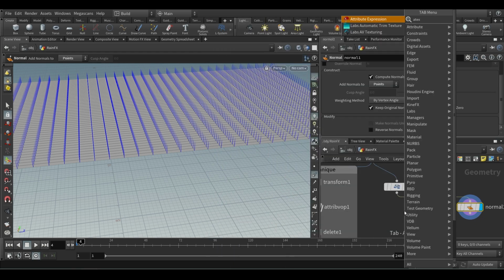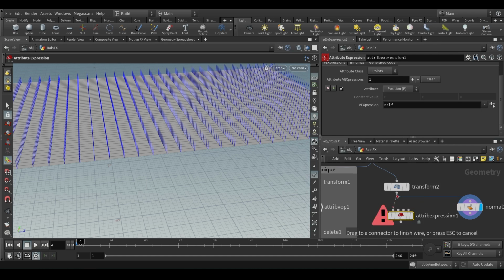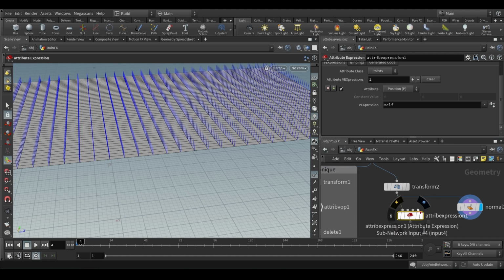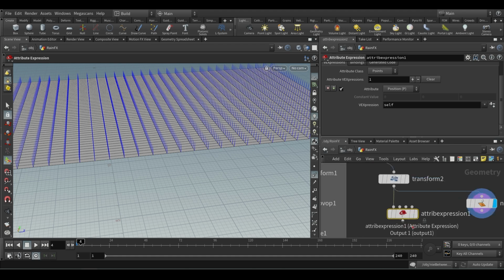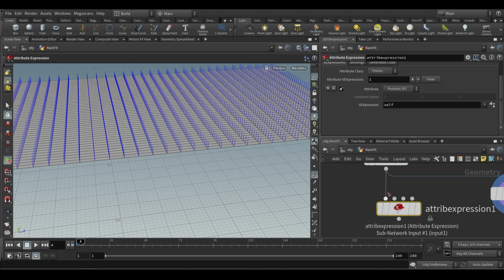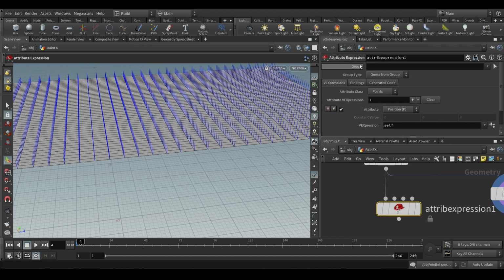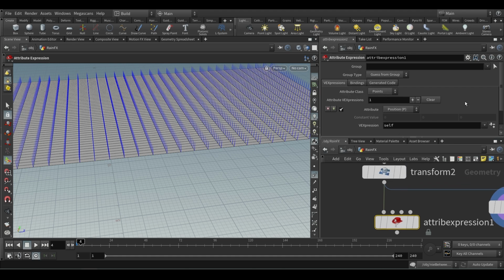called attribute expression. In this, they have a really large number of connection point inputs, like so many subnetworks. But for now, you only need to worry about one subnetwork. You don't double click it, no double clicking, just click it, and you can see here what attribute you are looking for. You can see the groups and stuff, but ignore all of this. Attribute class is point, of course, that's what we are after. Point is what we are after.